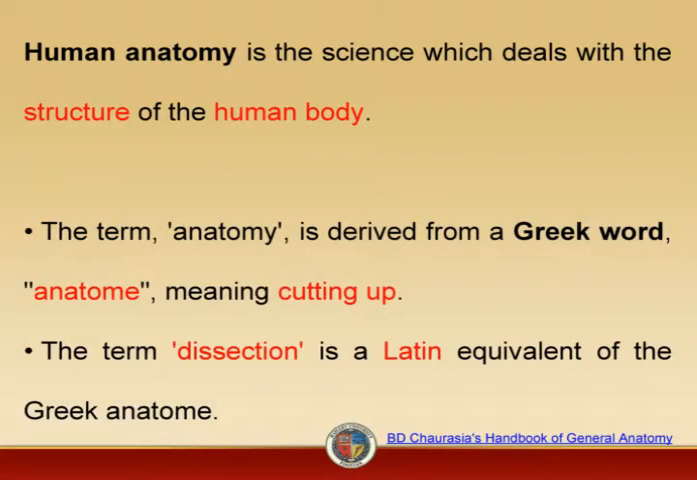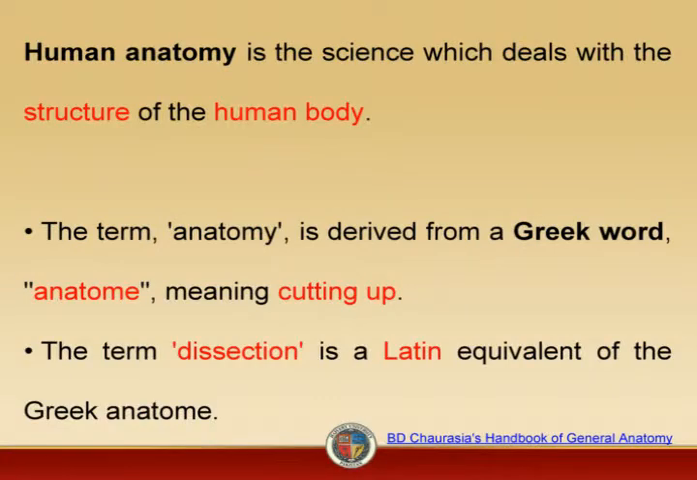Now, this is a branch of science that is concerned with the bodily structures of humans, animals, and other living organisms. But we, the pharmacy students, will definitely study human anatomy. Now, what is human anatomy? Human anatomy can be defined as the science in which we deal with the structure of the human body. The term anatomy is derived from the Greek word anatome,